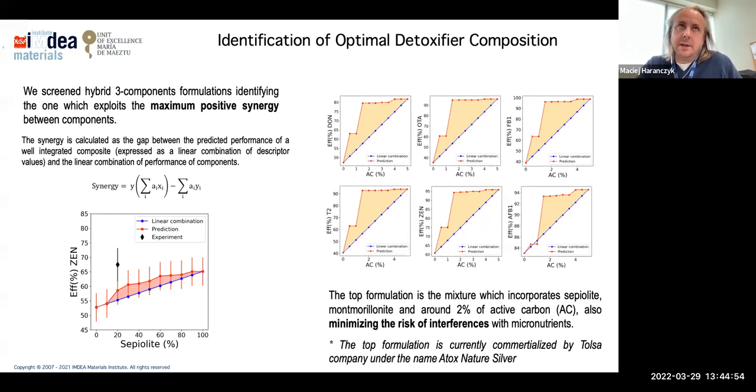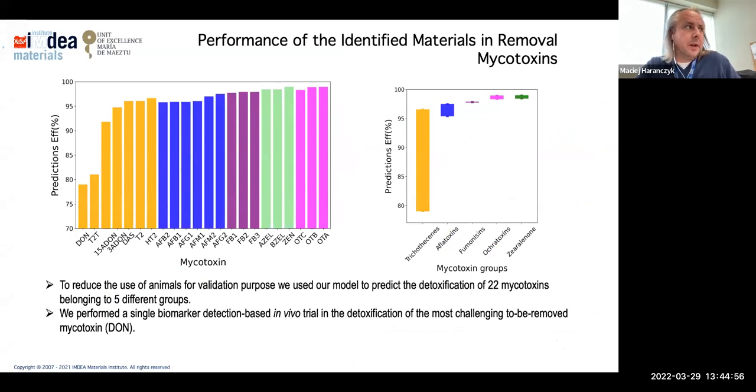Here is another example. Using our model, we can screen through other toxins, and this is important because, as I mentioned, there are some toxins that are not yet regulated, but they will be regulated soon. With our approach, we can already start designing compositions that will work towards those other toxins. So we can think about what will be needed in a few years, and already include it in our products.